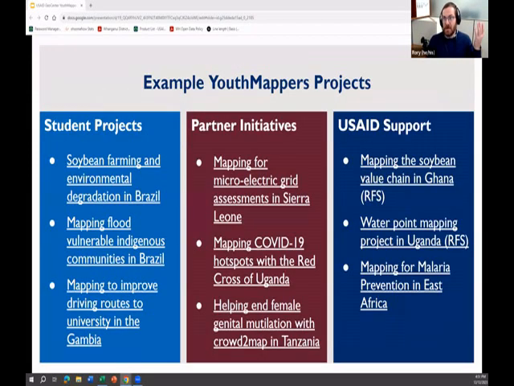This is just, when I share this presentation out, a list of different blog posts YouthMappers have written. We have a very amazing blog from the students' perspective about different projects they worked on. If your agency is working on a specific project related to almost anything, you'll probably see it somewhere in the blog, but you can also just reach out and I'll help find the resources related to the type of work you're interested in.